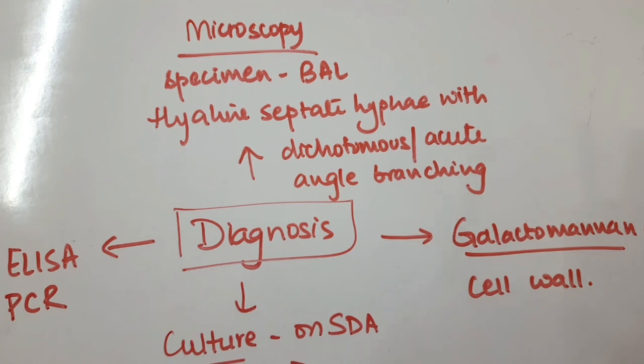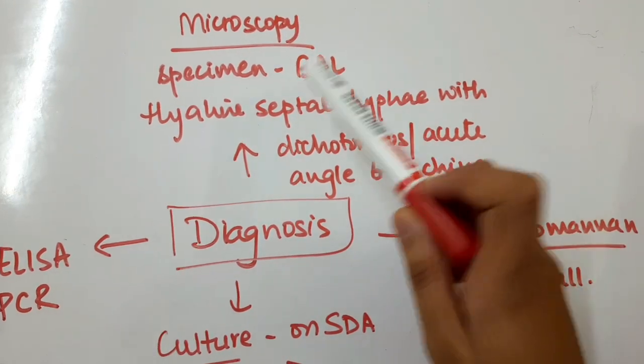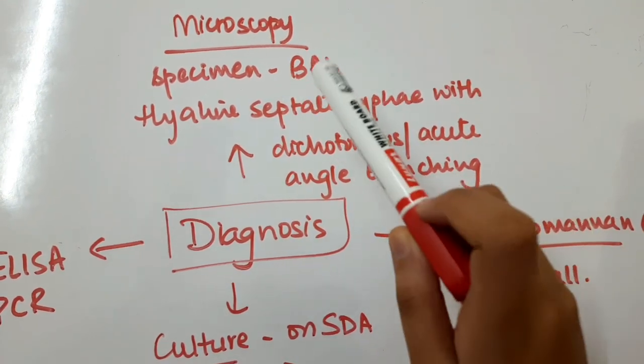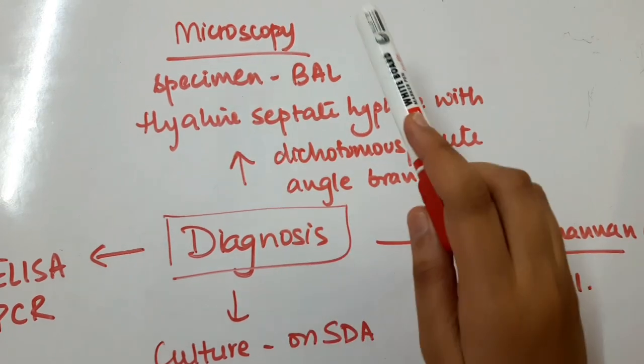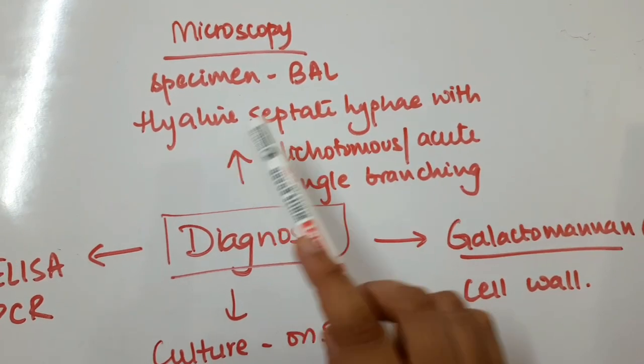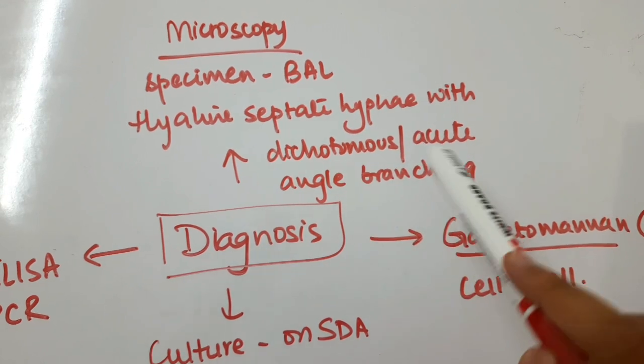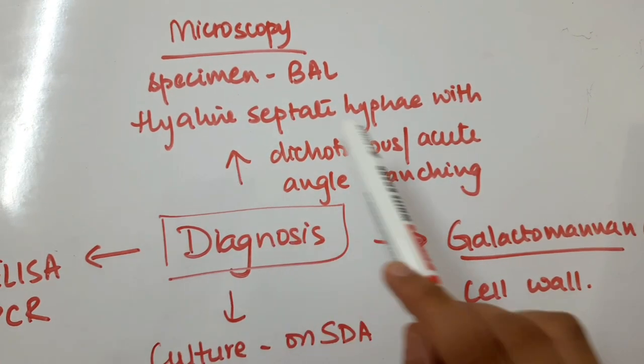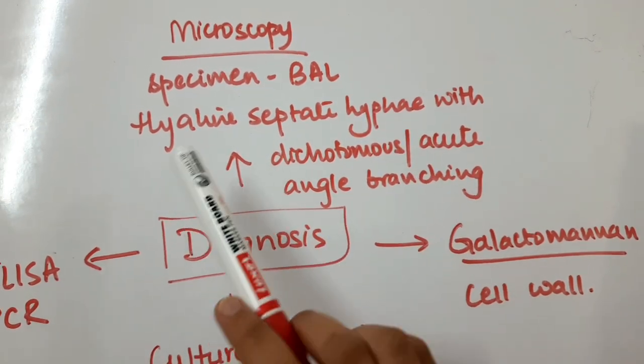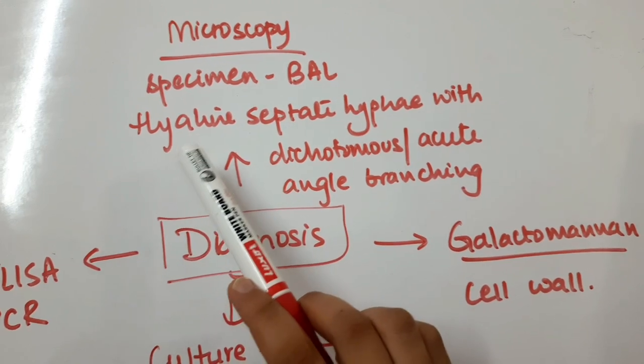For diagnosis, we can use bronchoalveolar lavage as the specimen. This is what we use, and what we see in microscopy are hyaline septate hyphae with dichotomous or acute angle branching. So if we break this down one by one, it means that the hyphae will be hyaline, which means